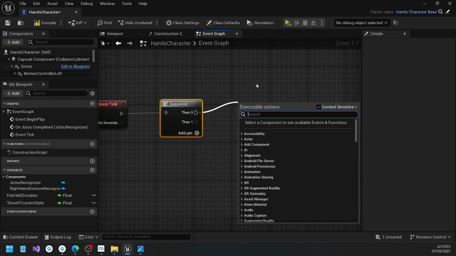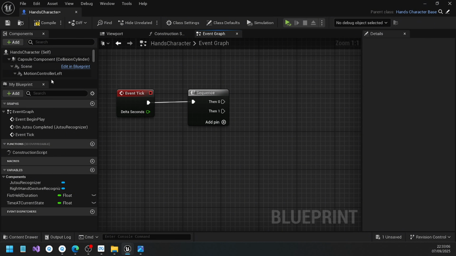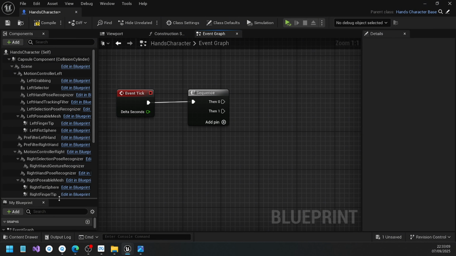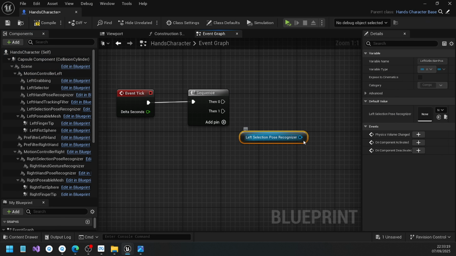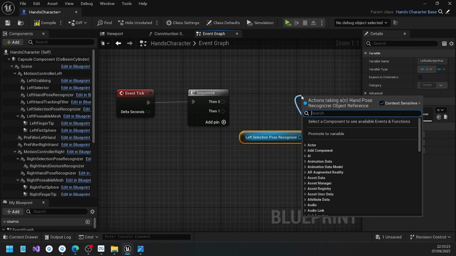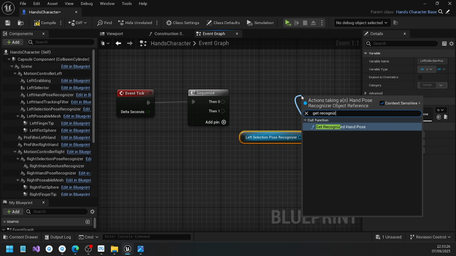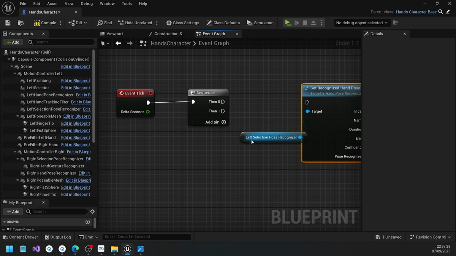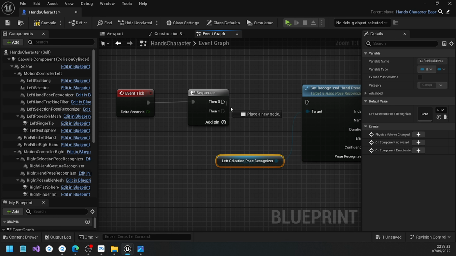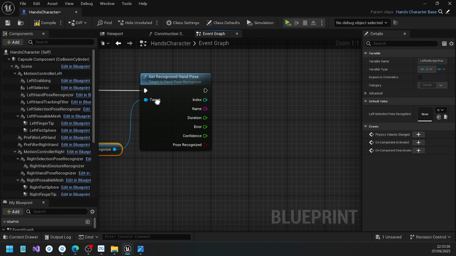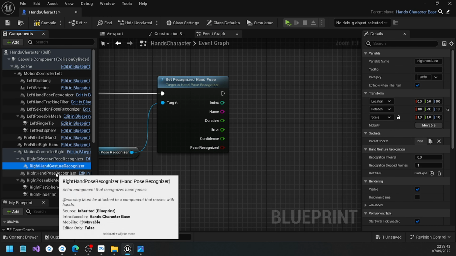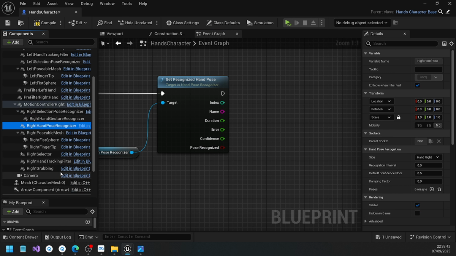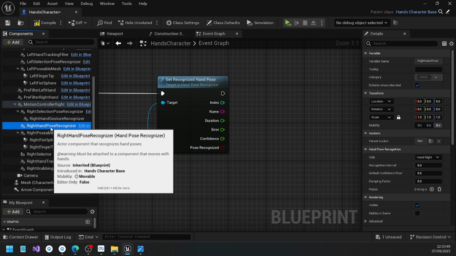Drag it. Now let us find the component. The component compares the real-time hand gesture and the recorded gesture, and this left selection pose recognizer component, we need to get the recognized hand pose. Because the event tick runs on each frame, it can get the result whether our real-time hand gesture is the same as one of the recorded hand gesture data, and we need to